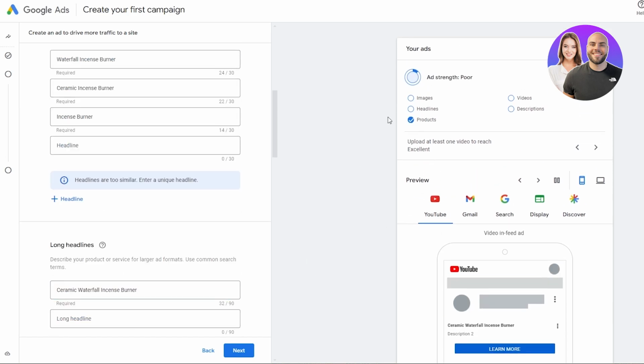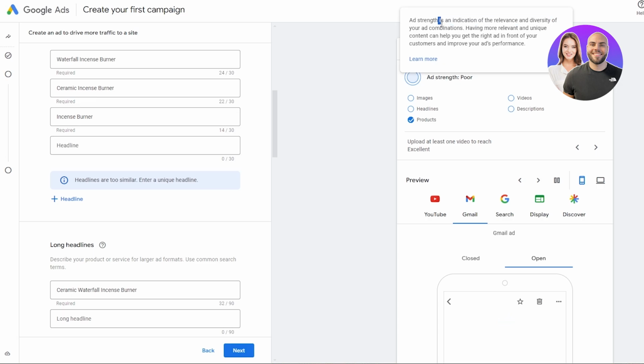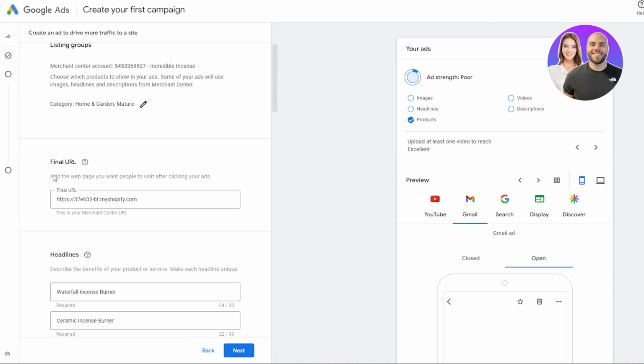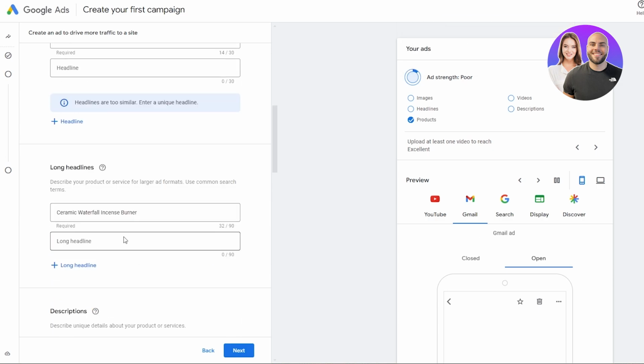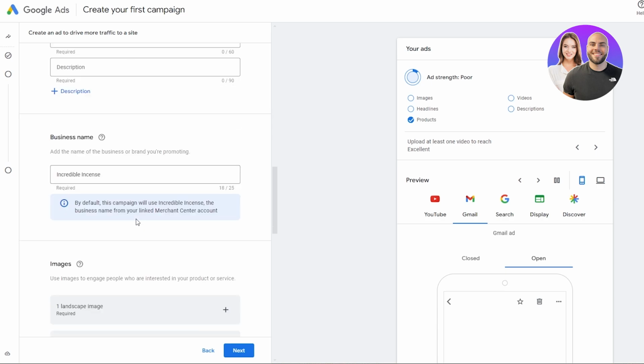So as you can see over here, once we've done all of this, our ad strength will increase and we should be good to go. If you click over here, it will tell you what it is. So ad strength is an indication of the relevance and the diversity of your ad combination. So keep that in mind. As you can see, currently we don't have any domain as well, which could also affect it, but it depends